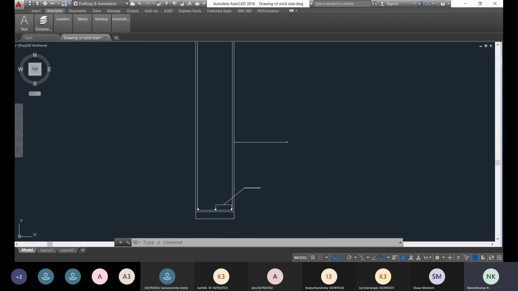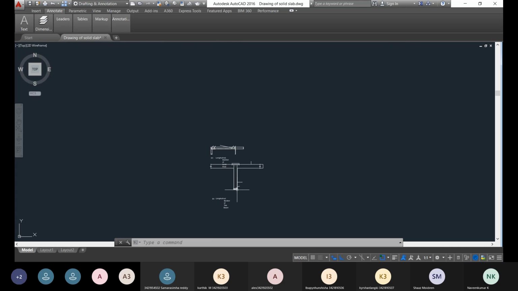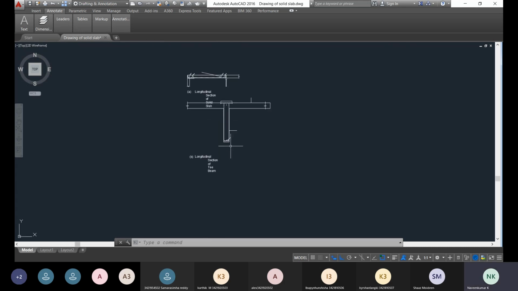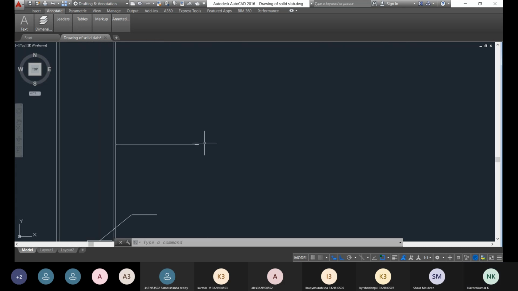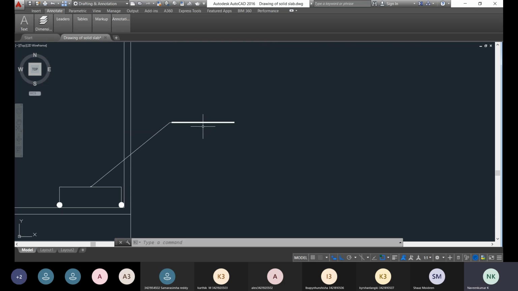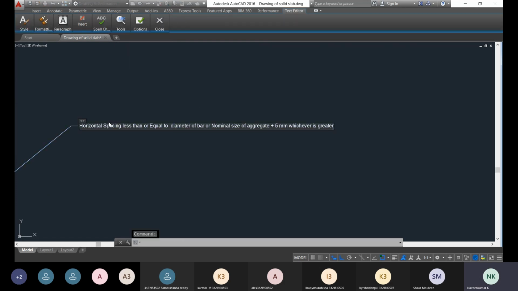This is the way you can increase the width of the text also by using the scale option. By annotation you can also increase this one, so you can increase the size of the texts.